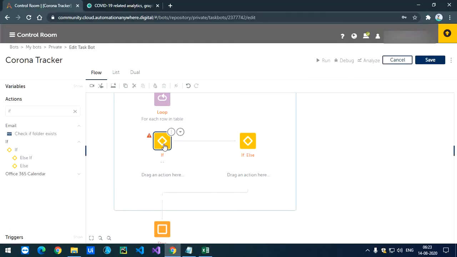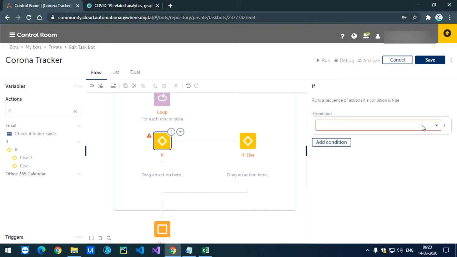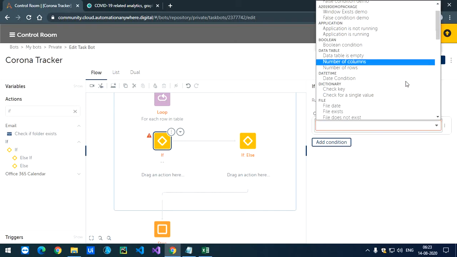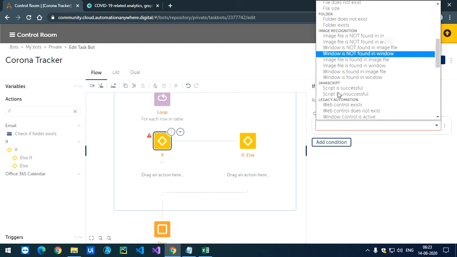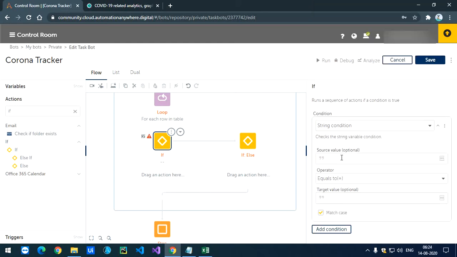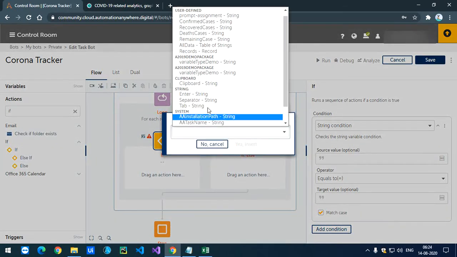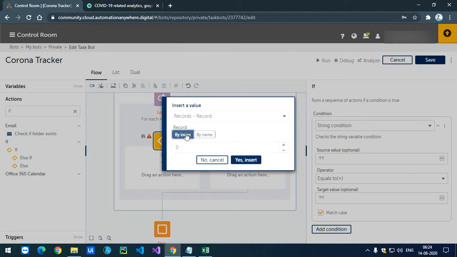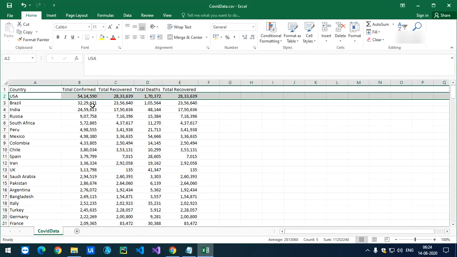Now in this if condition, I'll use string condition. In the first source value, what I'll pass is record by index. Now what we are interested in is these numbers.